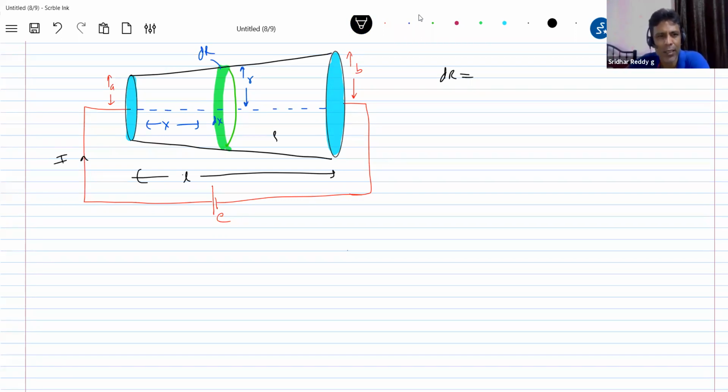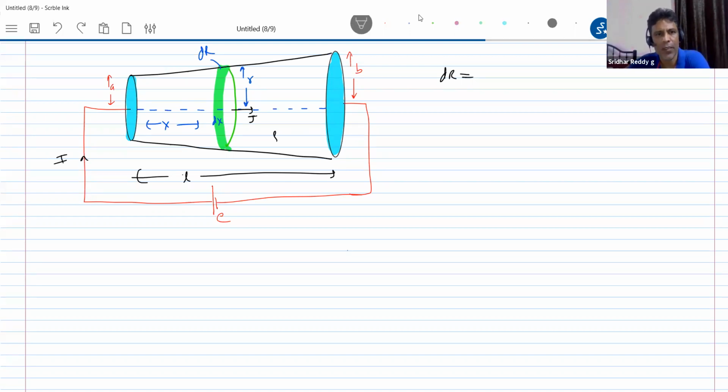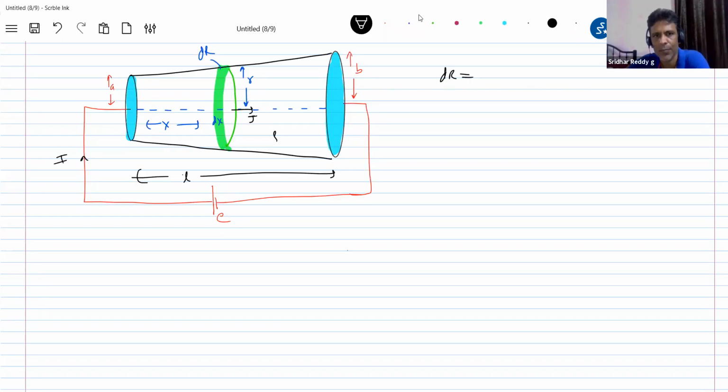Okay, let's come back to the current here. The current I will flow, so the current density will be directed in this direction. How should you assume the elemental structure? It should be such that its area of cross section is directed normal to the current density, because everywhere the current will be flowing along this direction. So the current density will be along the x-axis, and perpendicular to j bar, the elemental structure should be assumed. This is one basic rule.